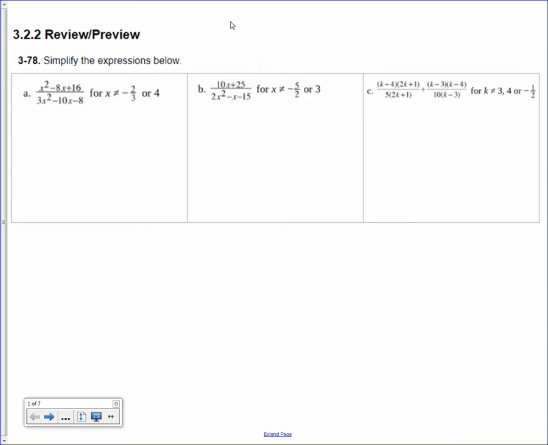Okay. Here's the homework for the section 3.2.2 review preview. Problem number 78 says simplify the expression below. So in order to do that, for A, the first thing that I had to do was factor it. So I factored